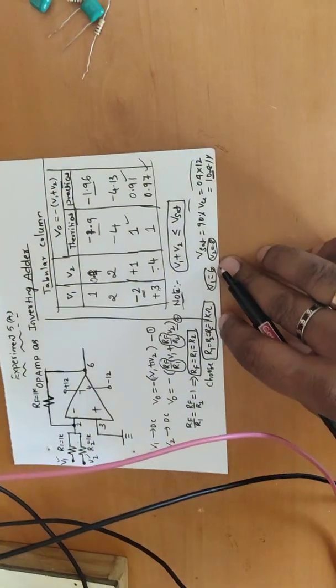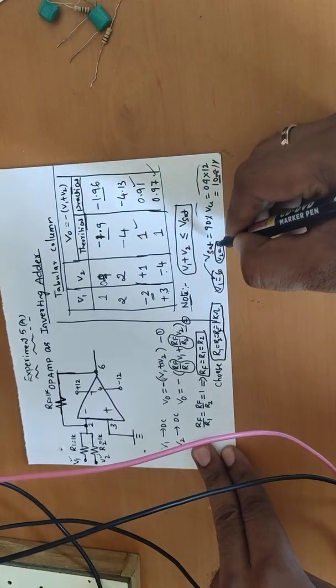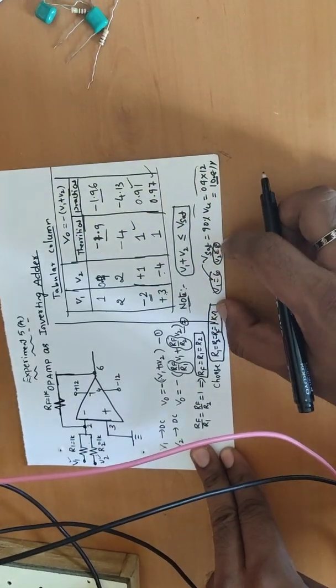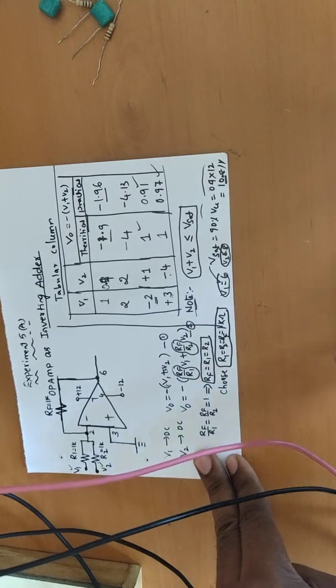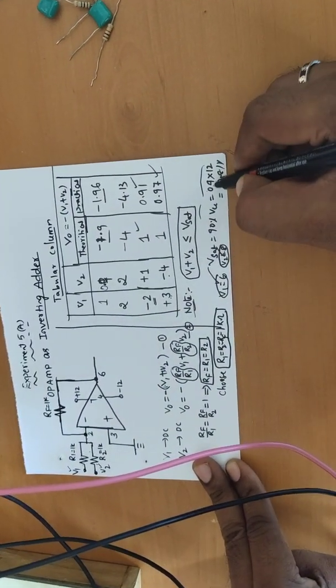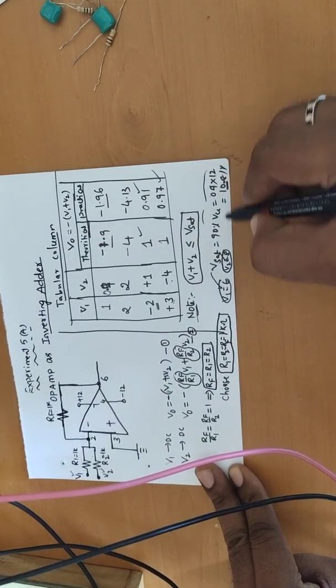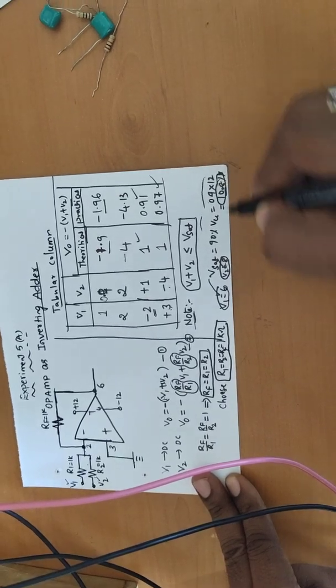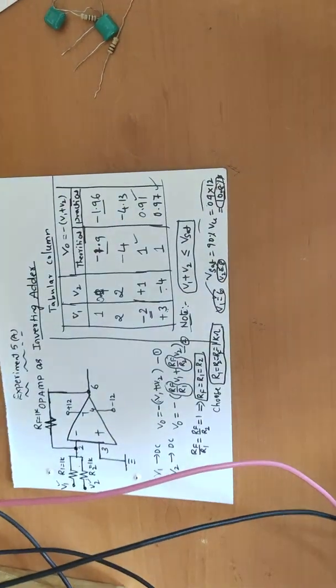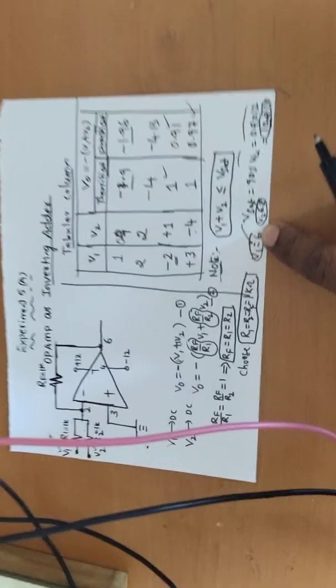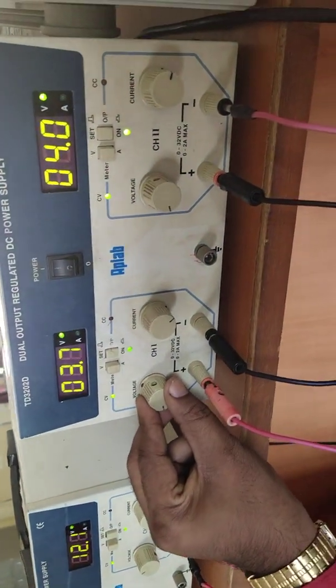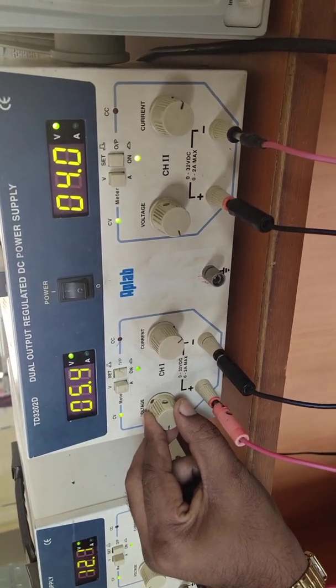Now to demonstrate this, let us keep V1 equal to 6 and V2 equal to 8. As per the ideal sum equation we should get 14, but it will exceed the V saturation value of the op-amp. So the maximum value is 10.8, and that value we are going to get in the voltmeter. Let us see this special case. V1 is already a positive voltage. Now I am increasing it to 6 volts.